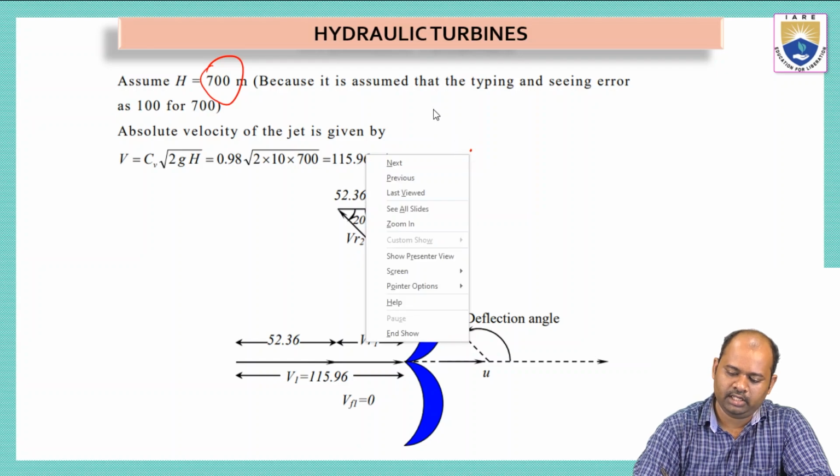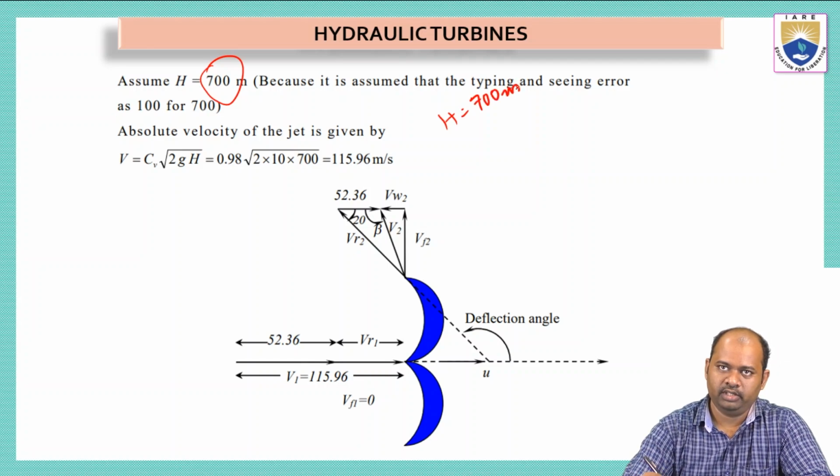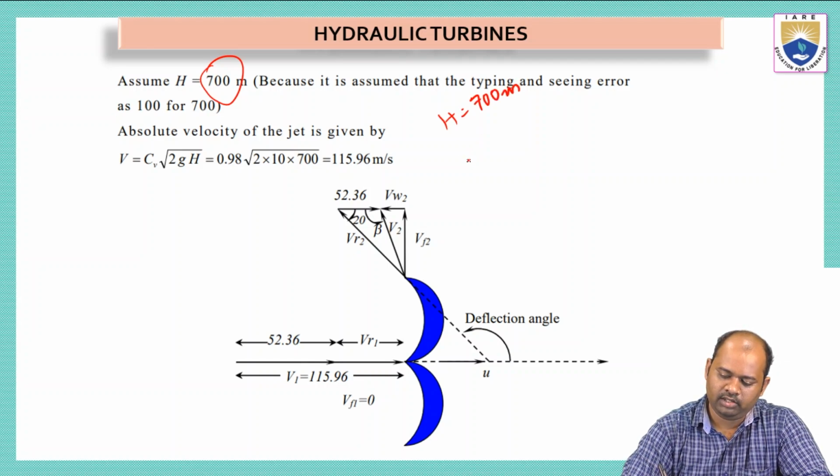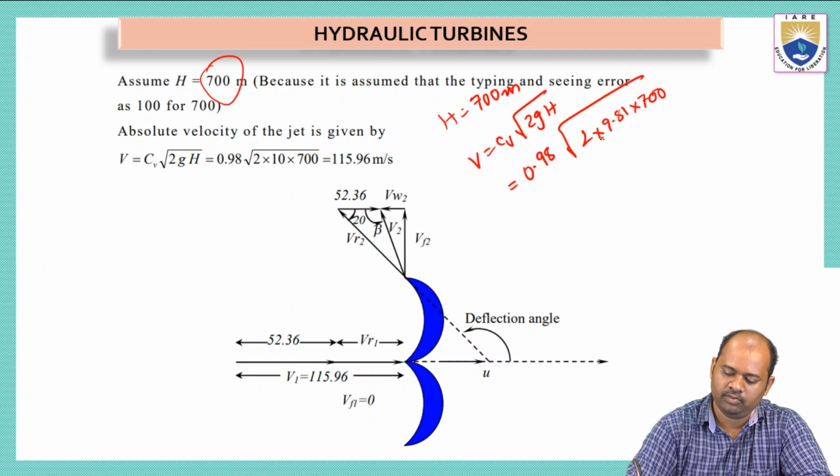So when we take H equal to 700, we have modified this. Now here if we calculate velocity, CV root over 2GH, so CV is 0.98 and root over 2 times 9.81 into 700. This will give you a value of